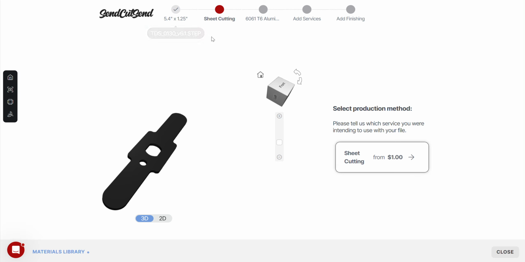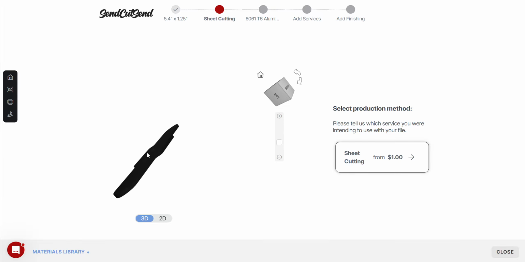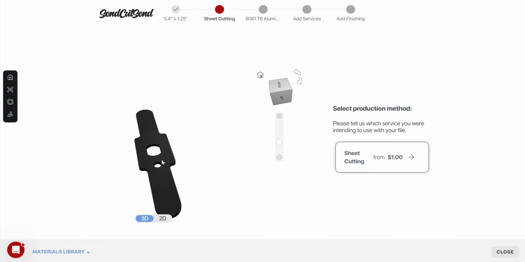Okay, a few things that I like about this website. And I was thinking that maybe you can't log in or whatever. I didn't want you to have to set up an account. At any rate, you can see I've uploaded the part here, and so I can see it in 2D or 3D. I mean, that part is probably not that important for us. However, when we get into the next steps of it,